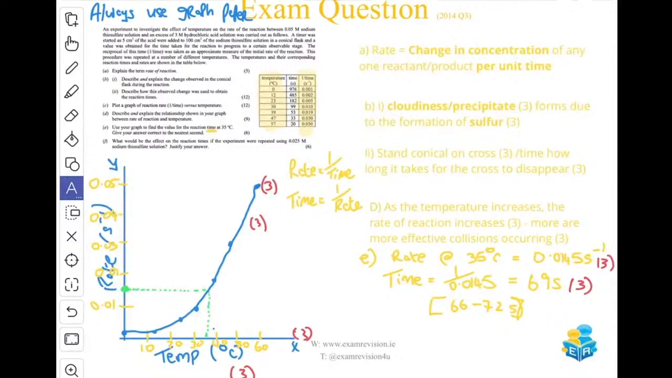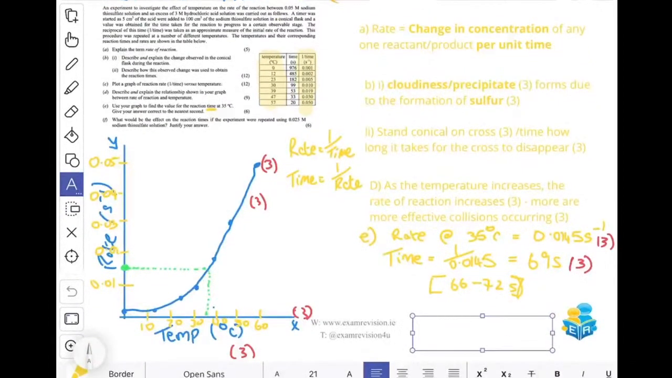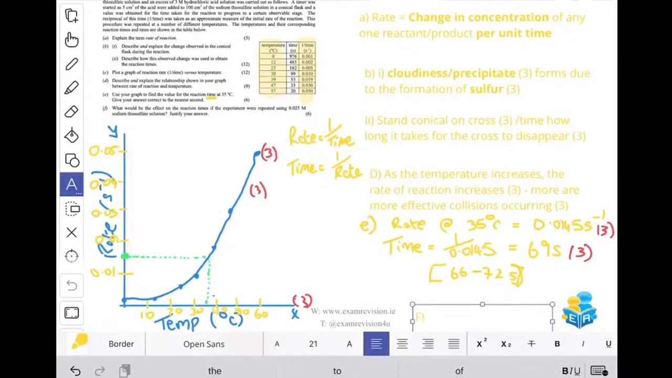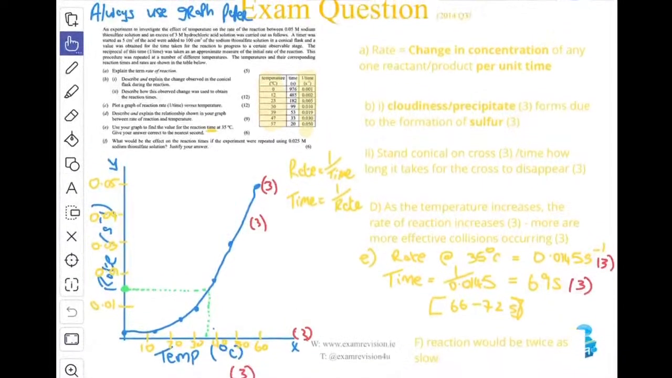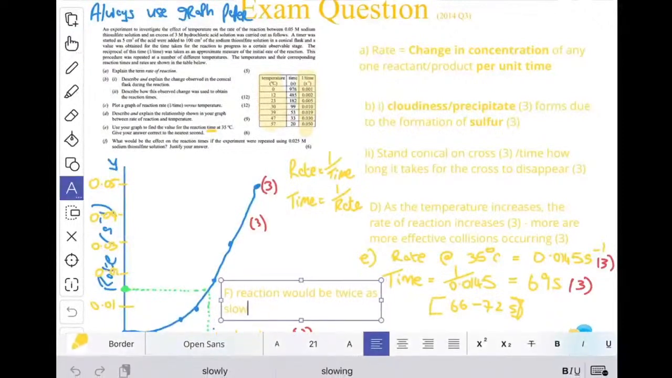So we can see here for part F that they are checking your understanding of concentration. And what we would say is that the reaction would be twice as slow. I'm going to put part F in here. The reaction would be twice as slow, and it said to justify your answer, and the reason for that would be that